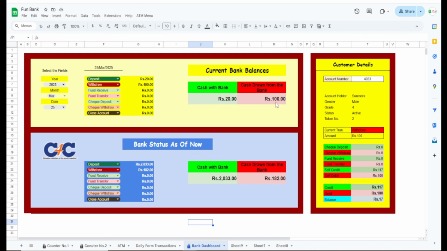bank is 100. Whereas the withdrawals, I mean the cash deposits are 20 and the withdrawal